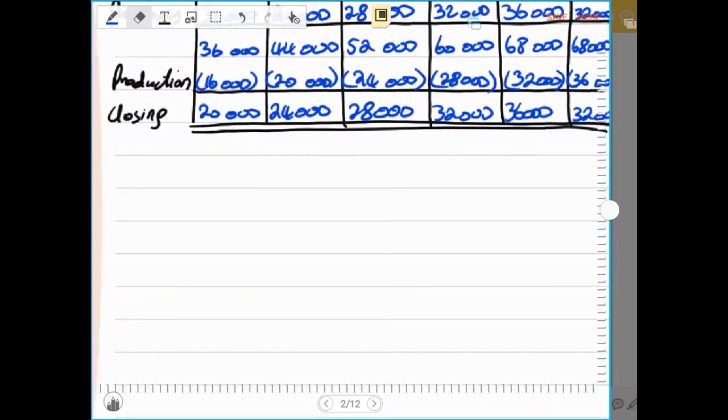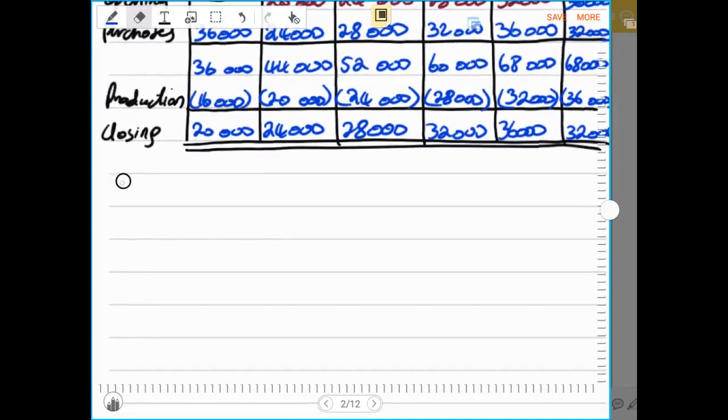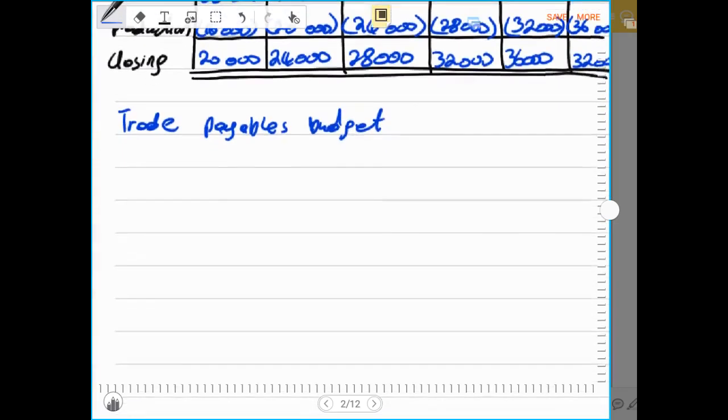The next budget will be the trade payables budget. Then we do the trade receivables budget. Trade payables budget. Our trade payables budget will also be for 6 months: